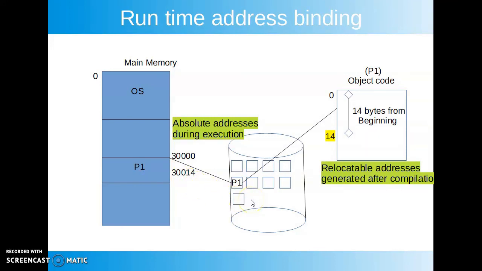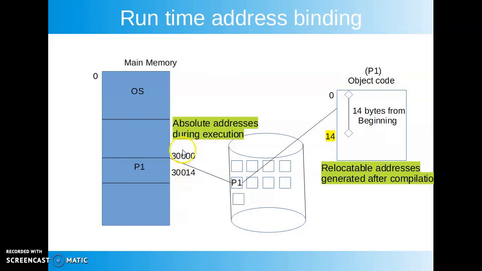After the situation permits, this program may be brought back to the main memory and assigned some space there. Now this space may be different from the previously assigned area, so obviously its starting address will change, and it will change the remaining address calculation.